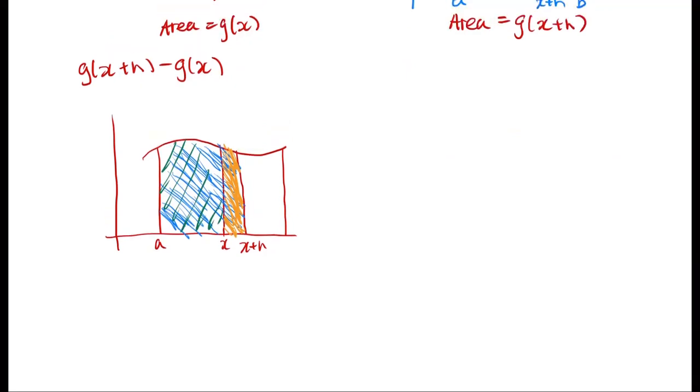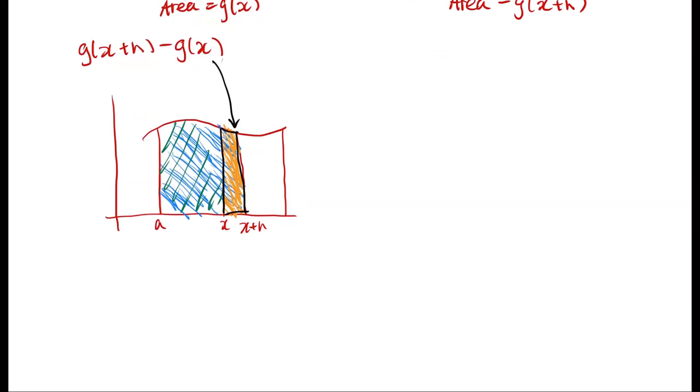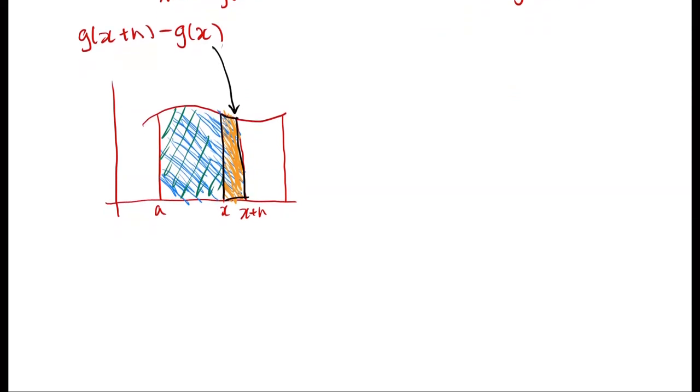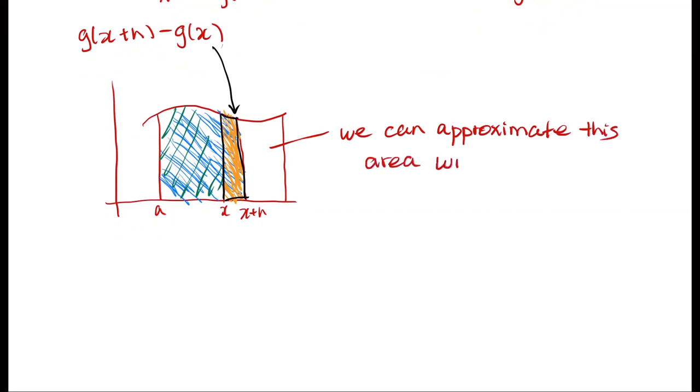So this small portion on the graph here is this exact difference over here. That's the difference in area. So for this part here, we can approximate this area with a rectangle